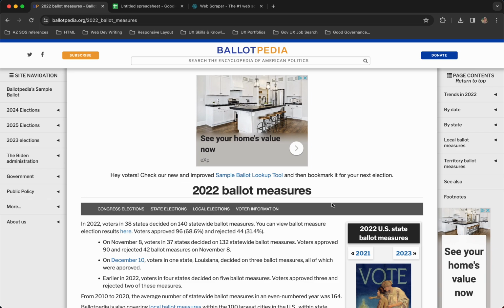A research project that requires me to look up all of the ballot measures that were on the state ballots essentially since the measurement of state ballots existed and see what percentage of those were approved. You can see here in 2022 on Ballotpedia that this is listed: 140 statewide ballot measures, 96 of them were approved. However, in some other examples, such as I believe it was 2018,